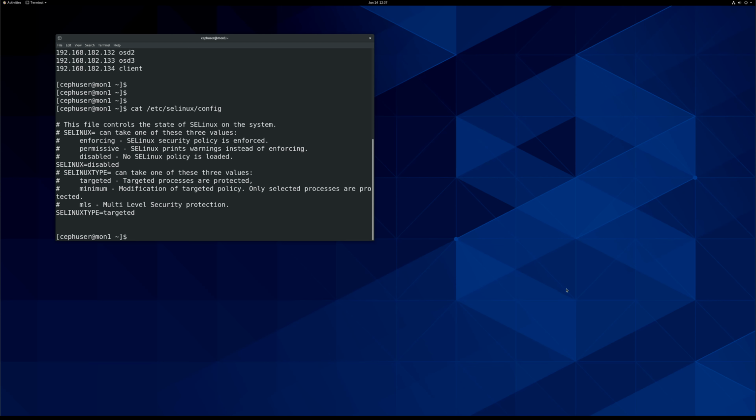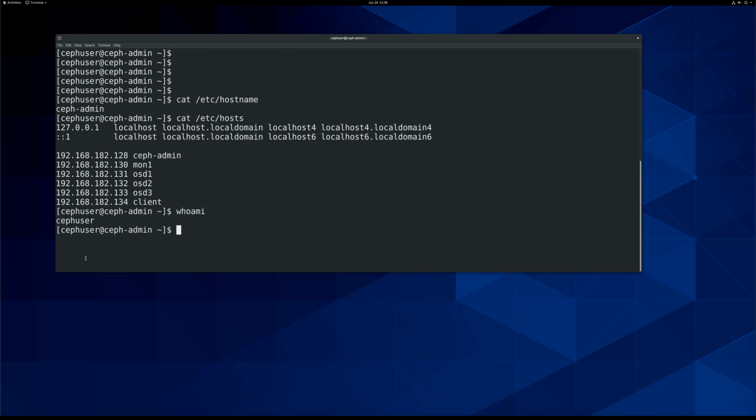Now the next step is to create an SSH key on the Ceph admin and copy it over to all other nodes so that the admin can log in and access other nodes without passwords. Let's see how that is. Okay, so I am in the Ceph admin computer, and I'm logged in as ceph-user. If you are logged in with root ID or any other ID, switch over to ceph-user with the su command. And the first thing we are going to do is generate an SSH key,